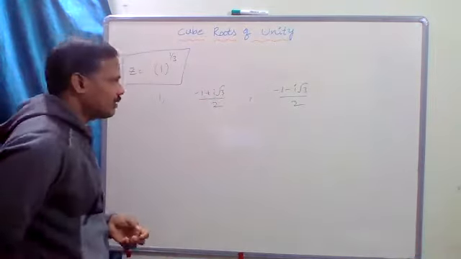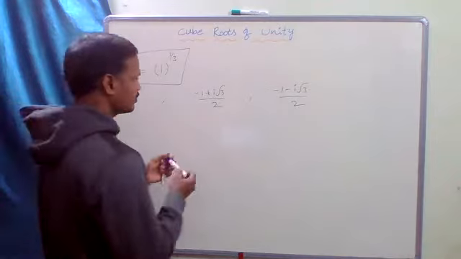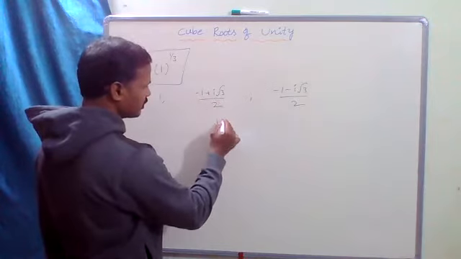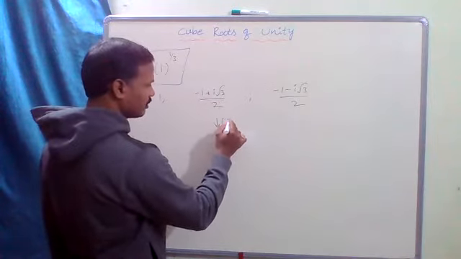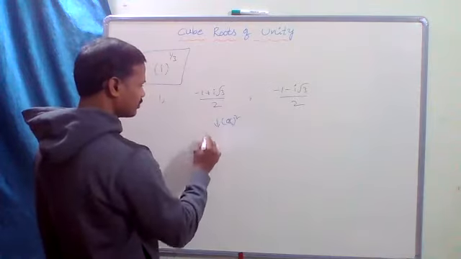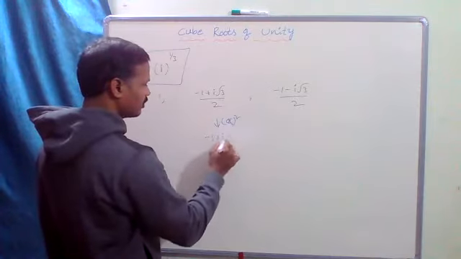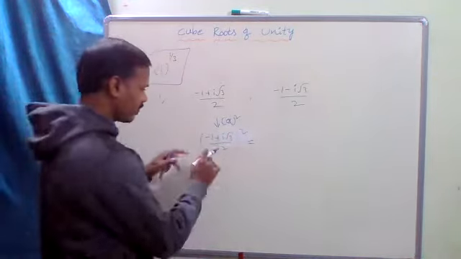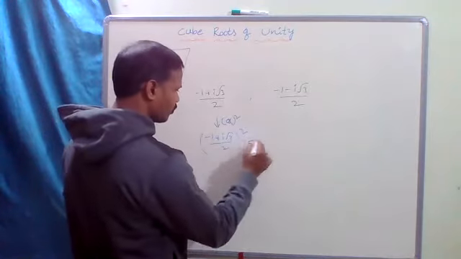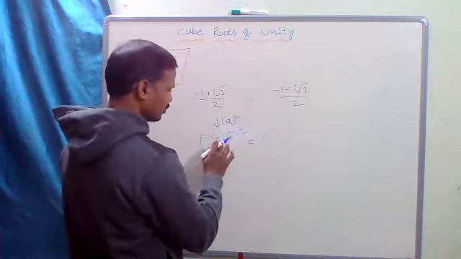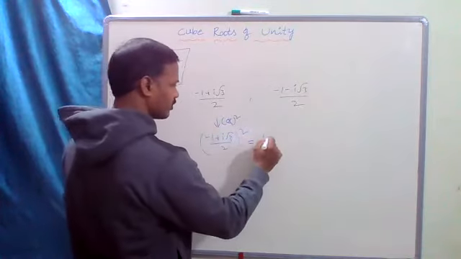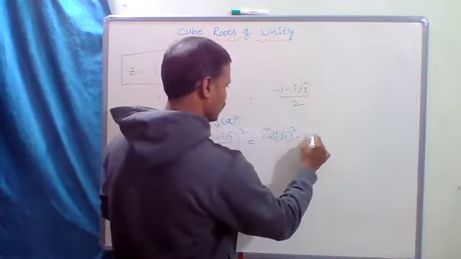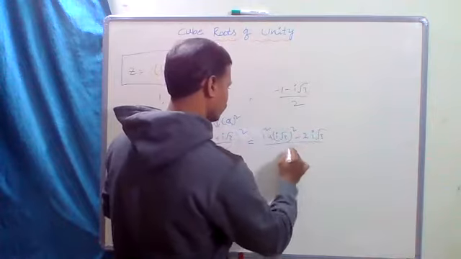Fine. Now one more point. Square this. Let this be z or alpha, so alpha squared. Squaring, what do you get? Minus 1 plus I root 3 by 2 whole squared equals, so 1, next I root 3 whole squared, plus I root 3 whole squared, a squared plus b squared, minus 2 I root 3 by 4.